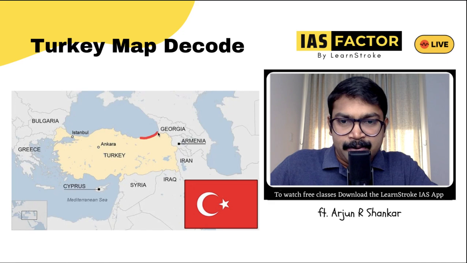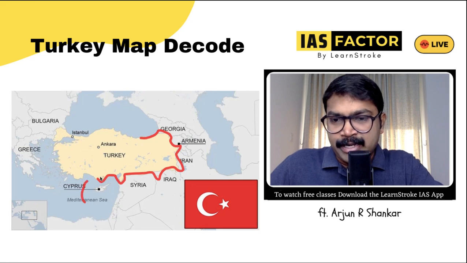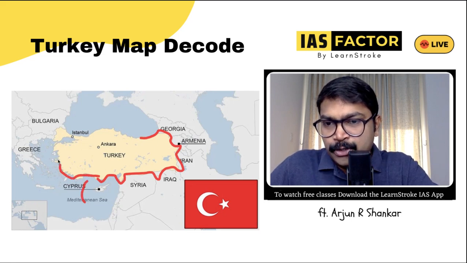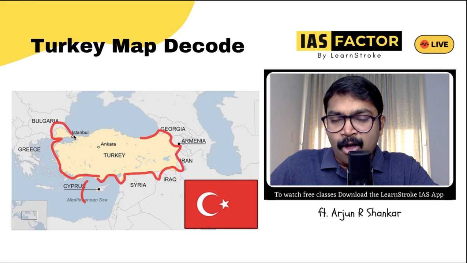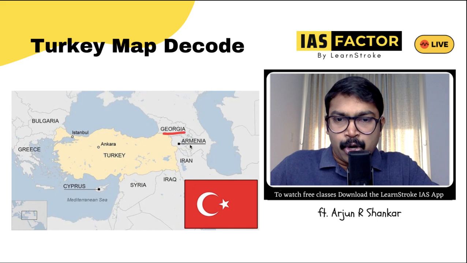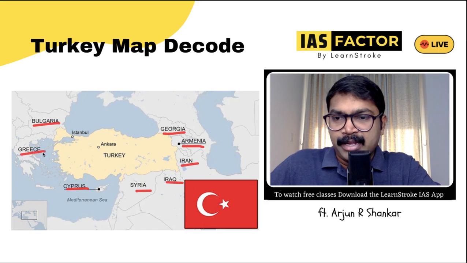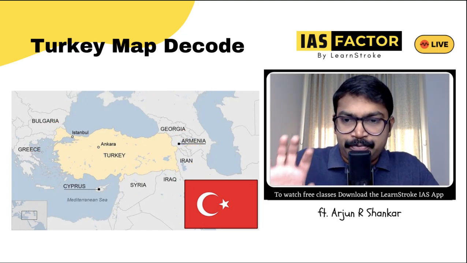And you can see its ties from Georgia to Armenia, to Iran, to Iraq, to Syria, with Cyprus, very important, and even an access to the Mediterranean Sea. And it goes from the few islands of Greece and slowly going to Bulgaria. Wow, look at how many countries there are. So look at the Mediterranean Sea, the Aegean Sea, all a part of this. The countries Georgia, Armenia, Iran, Iraq, Syria, Cyprus, Bulgaria, and Greece are all bordering parts of Turkey.